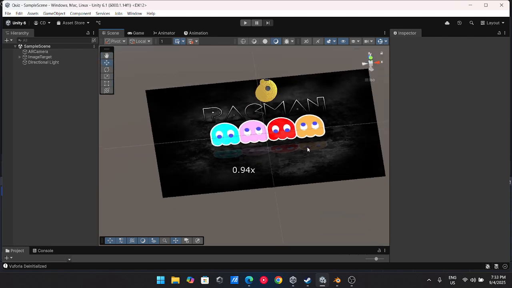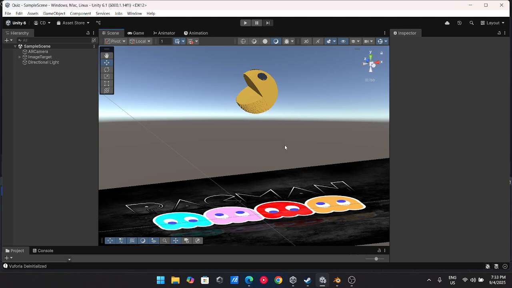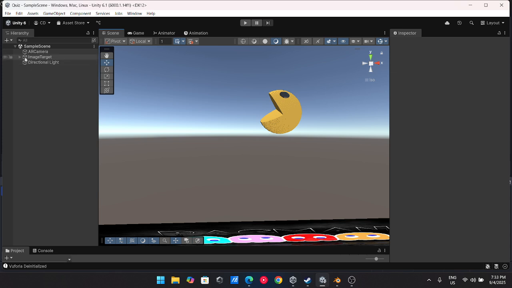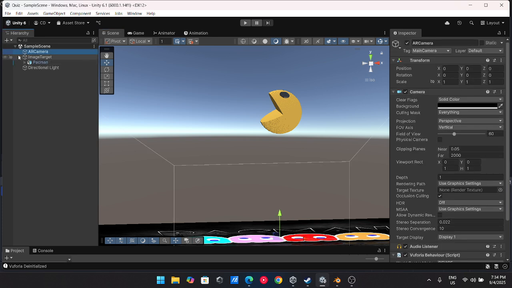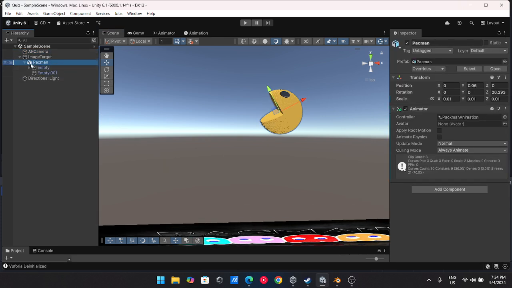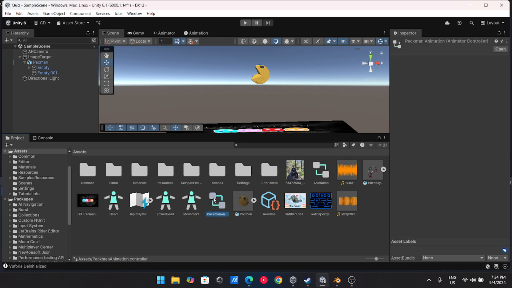This Pacman theme, everything was modeled using Blender, and it was also animated using Blender. First thing that I did after exporting the FBX file in Blender was to use the AR camera and an image target. In my image target, I used here the Pacman model, and after that, I made the animator controller